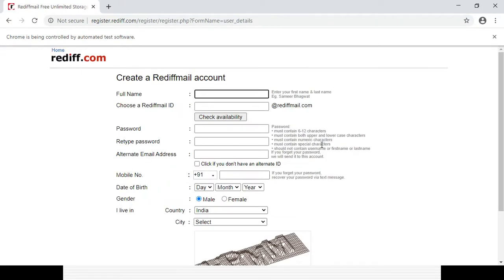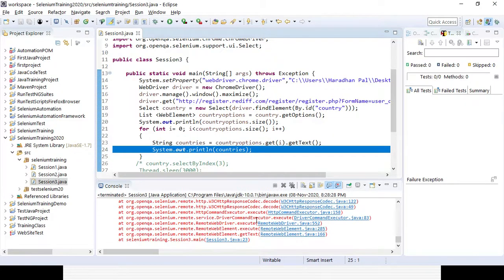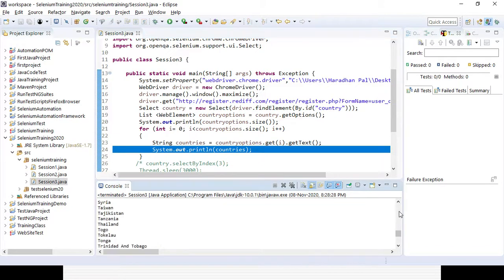So it is just opening the page, and it is identifying the country options, and it will give you all the options, and also the drop down value for all the options. So let's close the browser. You can see here I have closed it by force, that is the reason it is not giving you, but it will give you all the options.